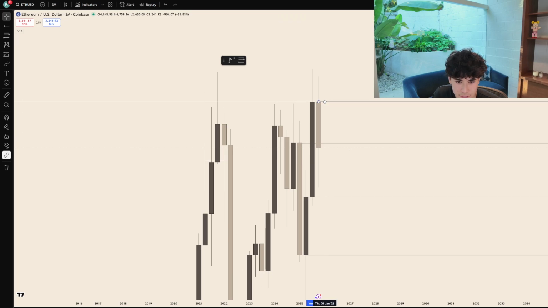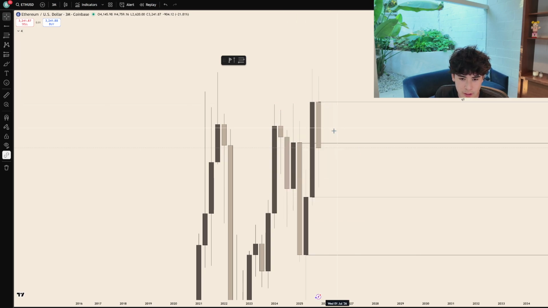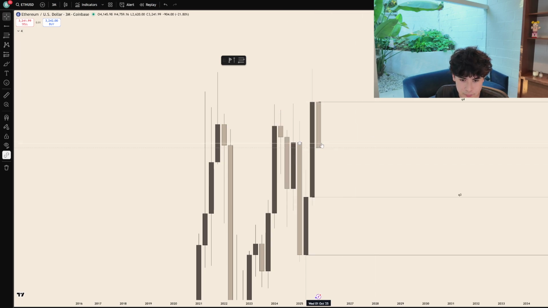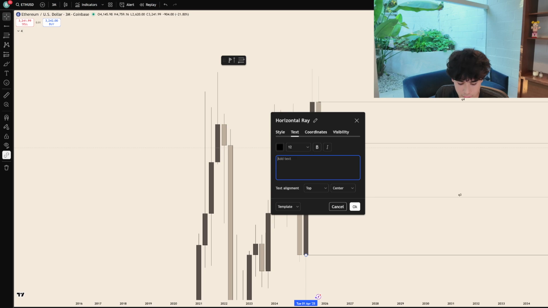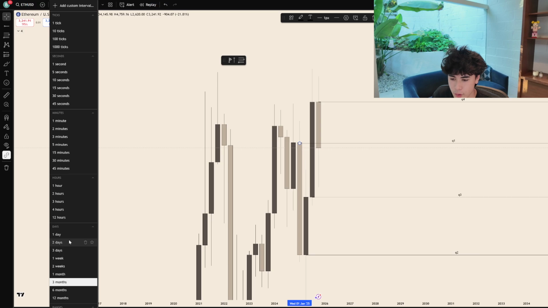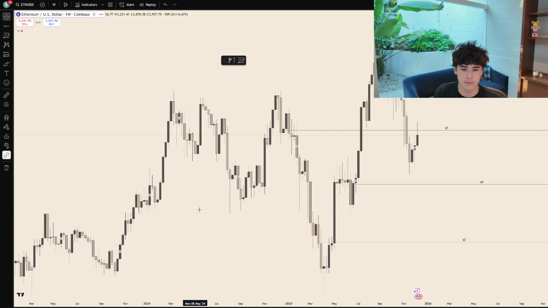But we have the current one. I'll label it again right here. So we have Q1, we have Q2, Q3 actually. I should mark this out wrong. Q4, Q2, Q1. Okay, so we have all 4 quarters marked out over here on Ethereum, and let's look how price respected